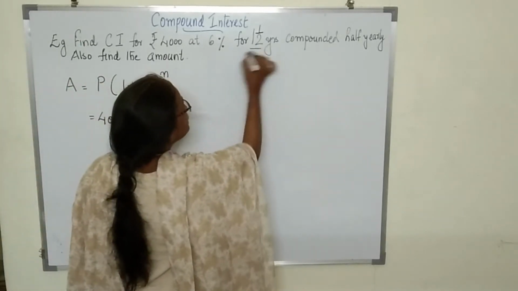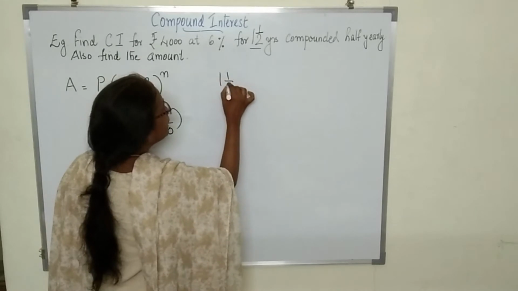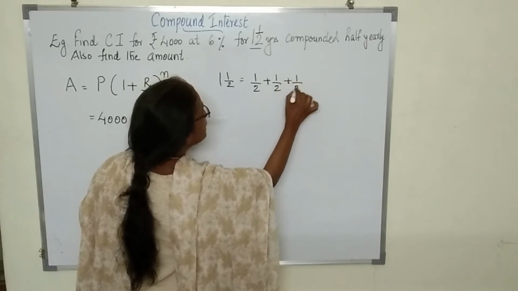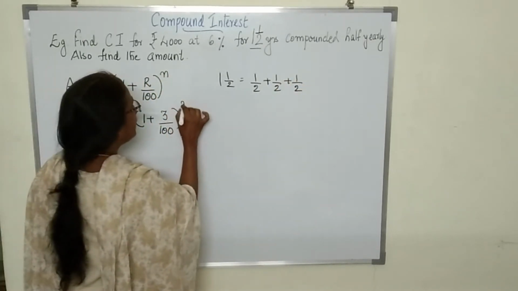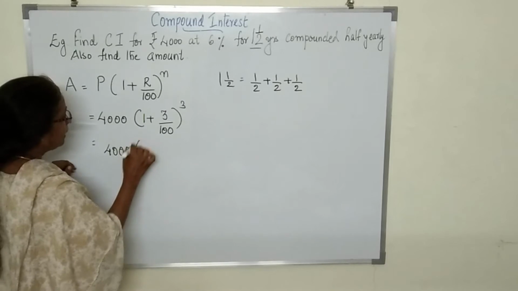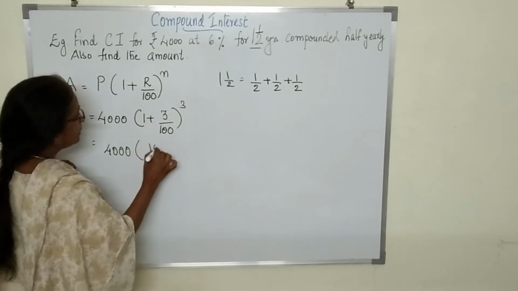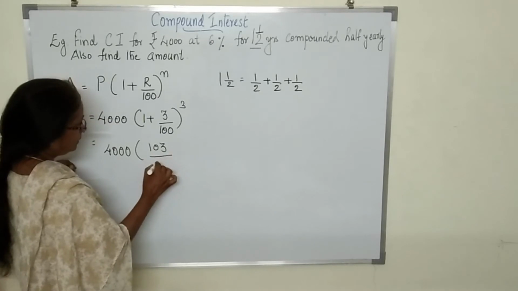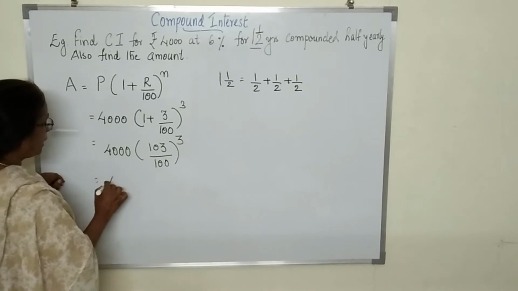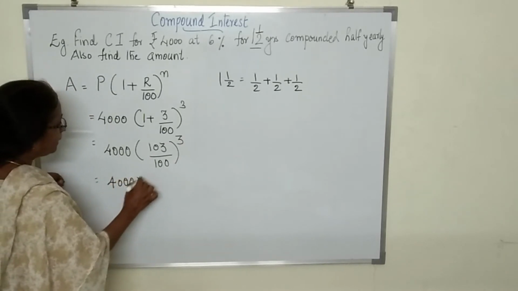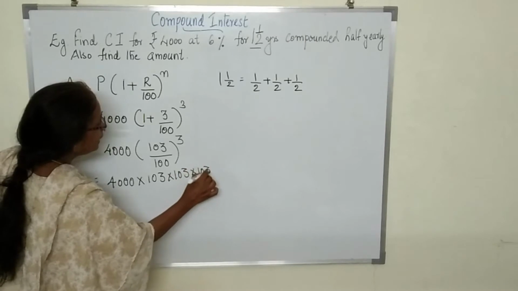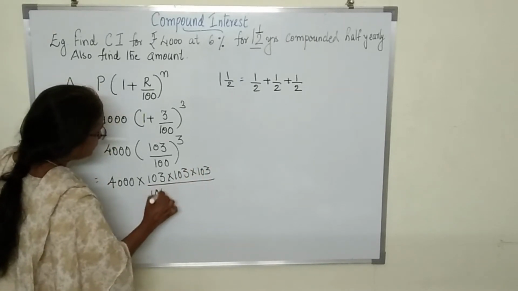N here is 1.5. 1.5 is equal to half plus half plus half. How many times? 3 times. So that is equal to 4,000 into (100 plus 3) upon 100, that is 103 upon 100, whole raised to 3. So when you do it, 4,000 into 103 into 103 into 103 upon